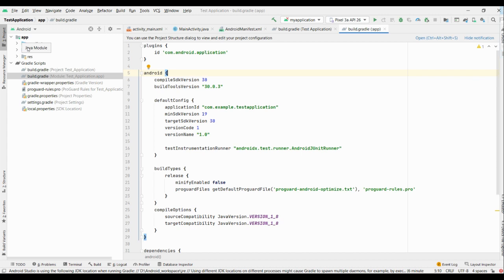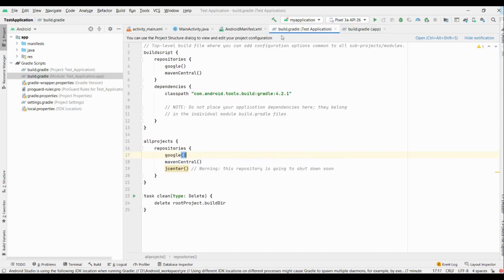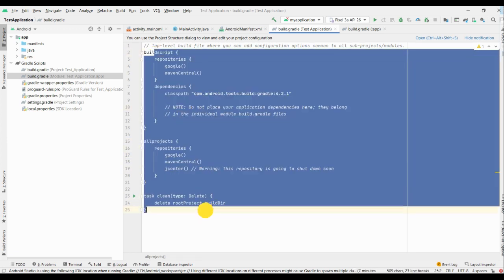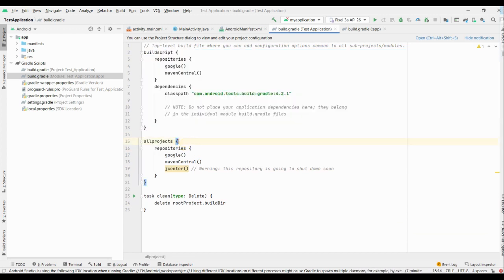This is one module. We can have multiple modules, and for each individual module we have to create a separate build.gradle file. These Gradle scripts are written using either Kotlin or Groovy. What we are seeing now is written using the Groovy language.